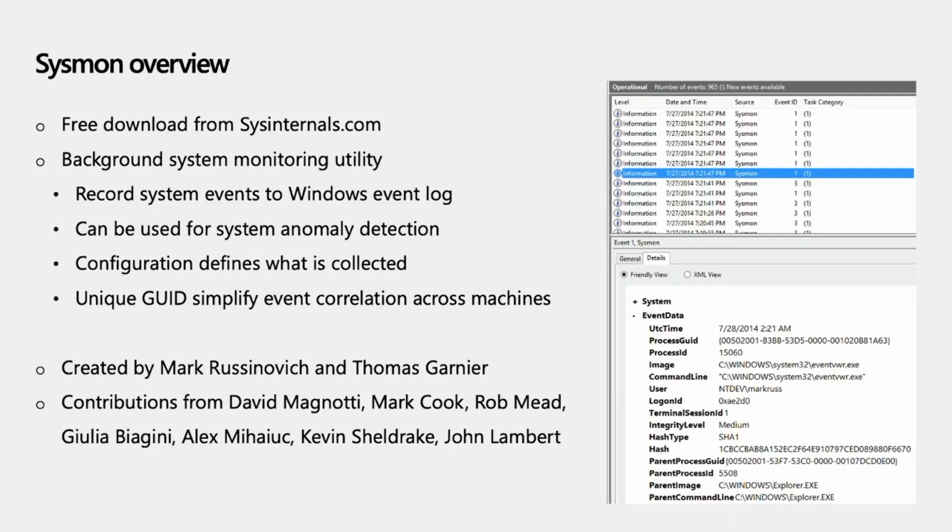For example, we collect the hash of processes so that you can see that a certain process has been seen only on a very limited set of machines, or you can see the same malware being used in different places. There's a configuration that allows you to define exactly what you want to collect or not collect. And we designed the events that are saved and can be moved across machines so that they are easy to analyze.